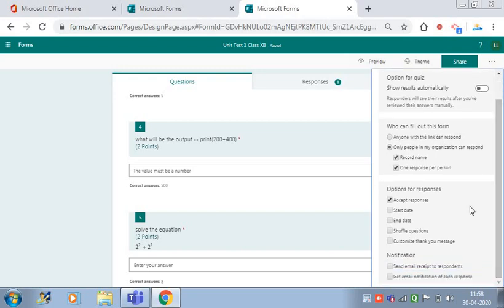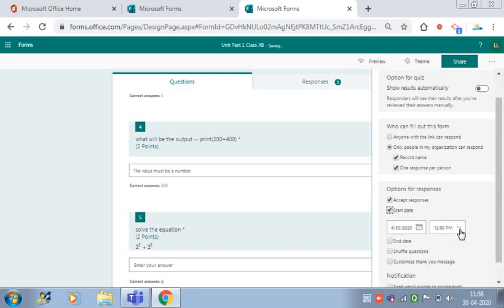And let's explore options. In options, you have to use accept responses. You can choose a date for the test and the timings for the test. Supposedly I am choosing today's date, by 12:30.